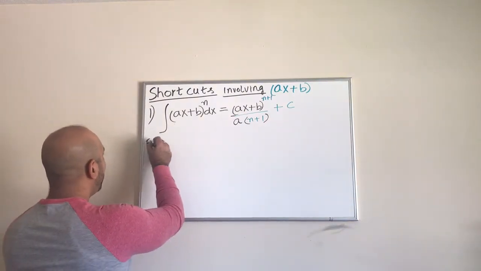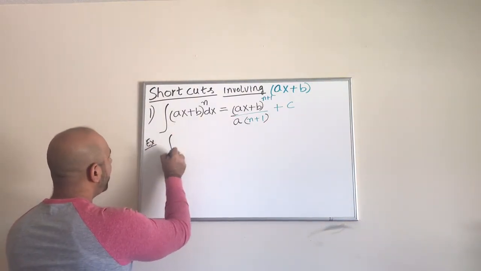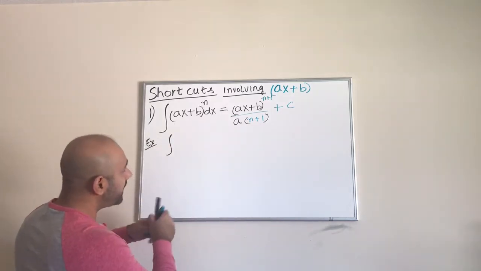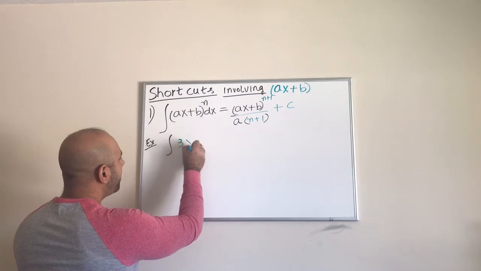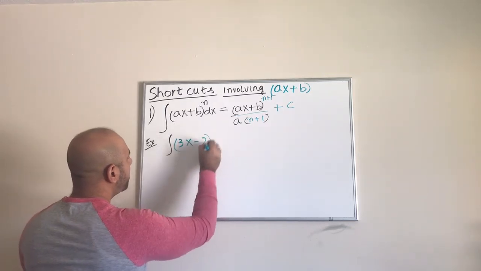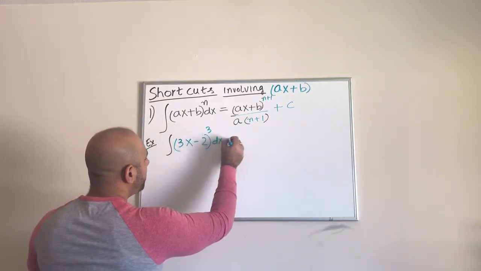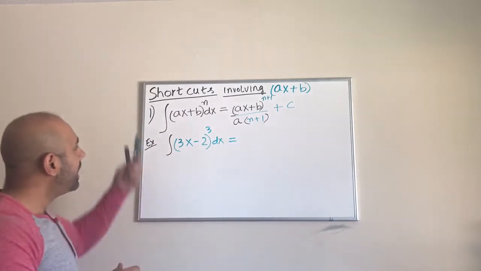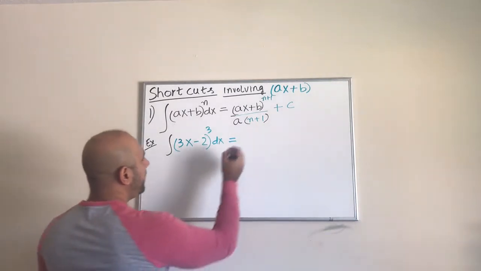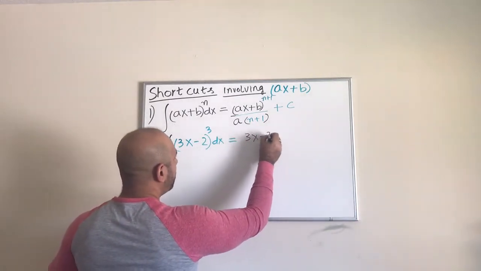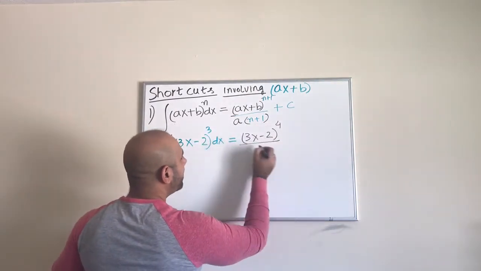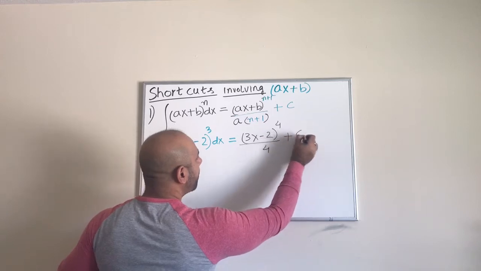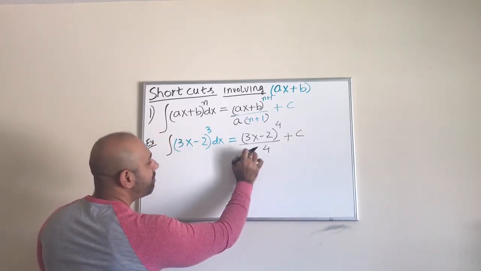So let us say we want to evaluate the integral of, of course it has to be of the form ax plus b, a linear function. Let us say I have 3x minus 2 raised to the power 3, and that's what we want to evaluate. So guys, just using the shortcut method, it would simply be the 3x minus 2 raised to the power n plus 1. 3 plus 1 is 4, divided by 4 plus c,